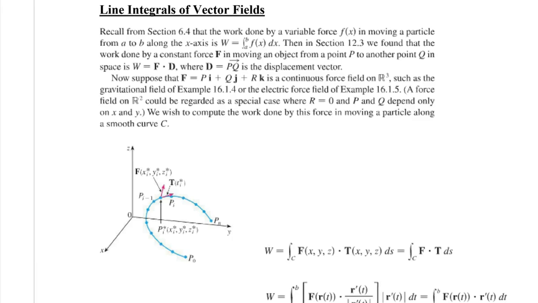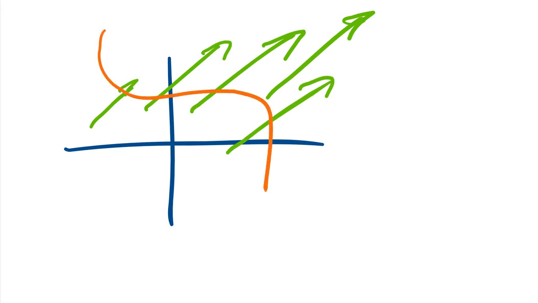So what's going on here is the following. You have some, let's say, force field going through. And it's getting bigger and bigger, or maybe it's sideways sometimes, or whatever. Let's just say it goes the same direction. And you have a particle going through the force field. Whenever the force field is perpendicular to the particle,